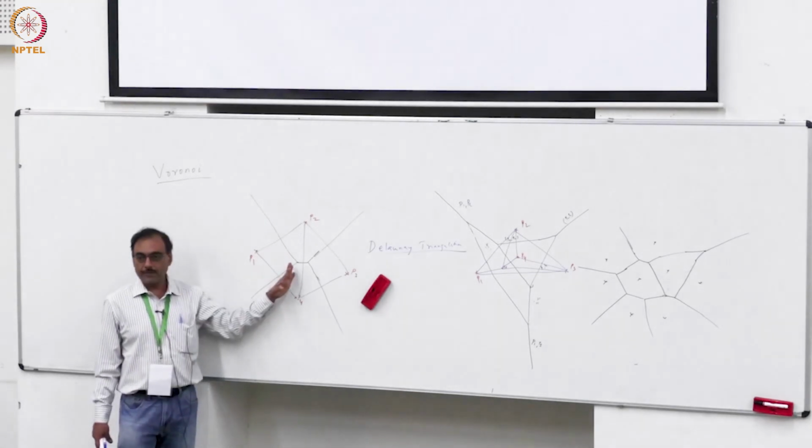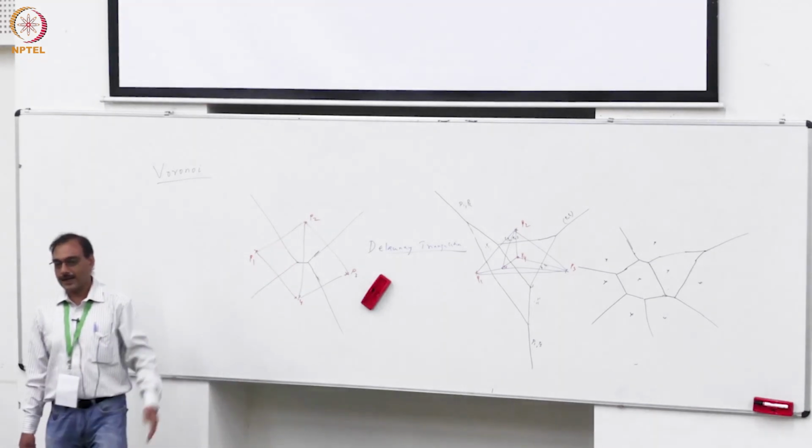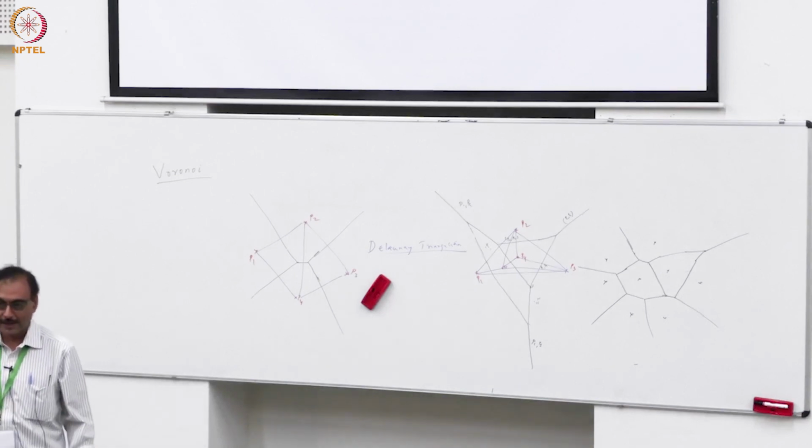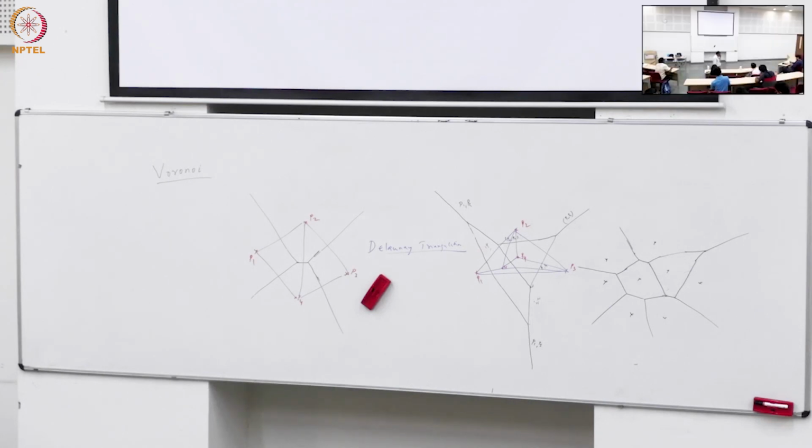So, for every Voronoi vertex there is a Delaunay triangle. We do not call it a Delaunay polygon or a Delaunay face, it is a Delaunay triangle. That means these two are dual to each other. There is an edge to an edge, but there is a vertex to a face and then a face to a vertex. You can think of a triangle as a face or a Voronoi polygon as a face. A Voronoi face is also a term being used, but it can be confusing if you go to higher dimensions, which I think we may not even be able to talk about, but